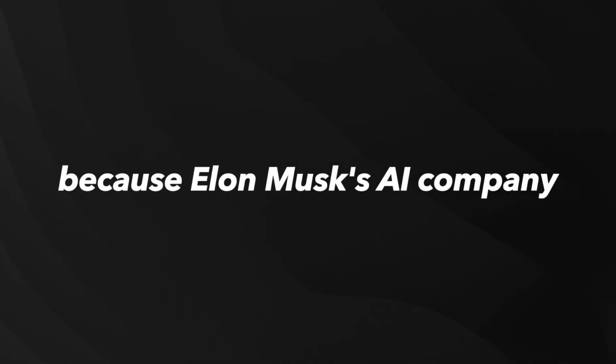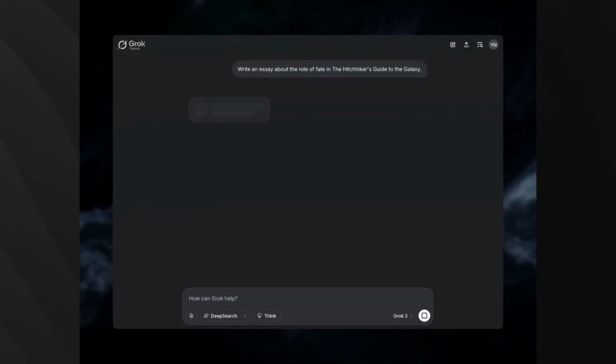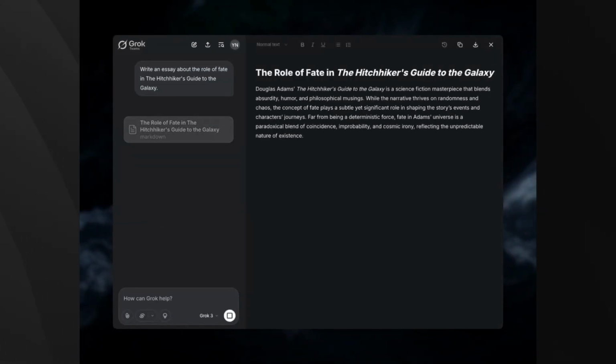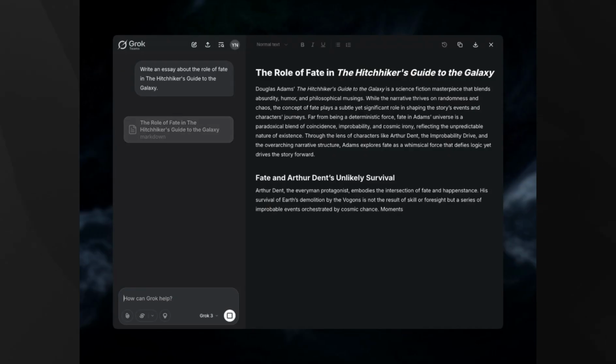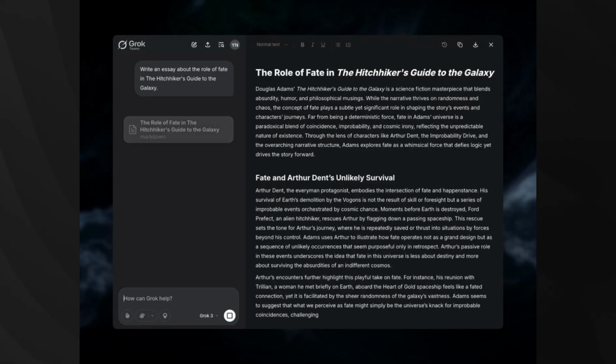it. Now let's shift gears to what xAI has been up to, because Elon Musk's AI company has made some major moves this week as well. They've officially unveiled Grok Studio, a powerful new interface for document creation and code execution. This is a significant evolution of their Grok AI system, moving it from just a chatbot into a full-fledged productivity